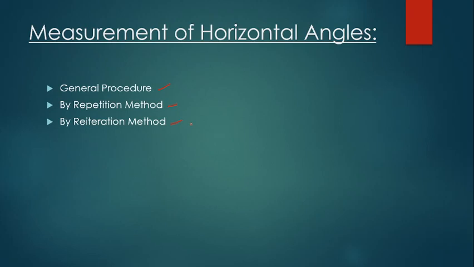Generally in the practical we will do 3 times. So 2 or more times, allowing the vernier to remain clamped at the end of each measurement, and instead of setting it back to 0 and then setting to the previous station, the angle reading is mechanically added several times, generally 3 times, depending upon the number of repetitions. We generally prefer 3. And the average horizontal angle is obtained by dividing the final reading by the number of repetitions. The same procedure is carried out for face right and face left also.